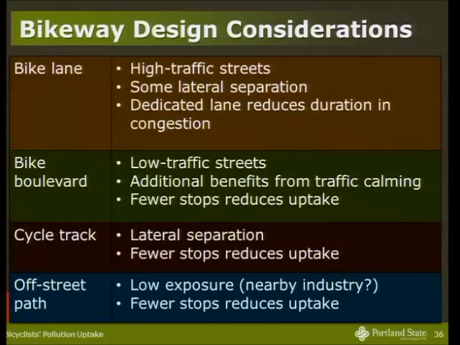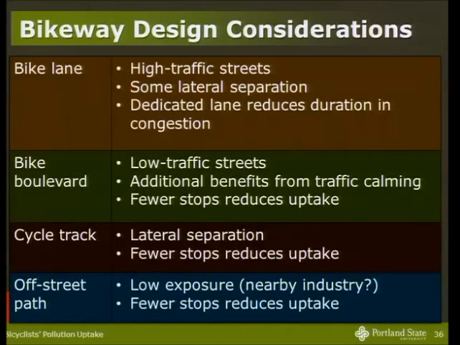But this is our summary of some of the considerations for different bicycle facilities about air pollution risks. So if you have a bicycle lane, unfortunately bicycle lanes tend to be on fairly high traffic streets, so exposure concentrations tend to be higher than the other bicycle facilities. But there is some lateral separation, which can help reduce exposure concentrations. And then having a dedicated lane reduces the duration that a bicyclist would be around traffic congestion, and also allows them to jump queue at intersections. And so having a dedicated lane can have some inhalation dose effects, like I said before, 20 to 30% higher during stop-and-go riding.